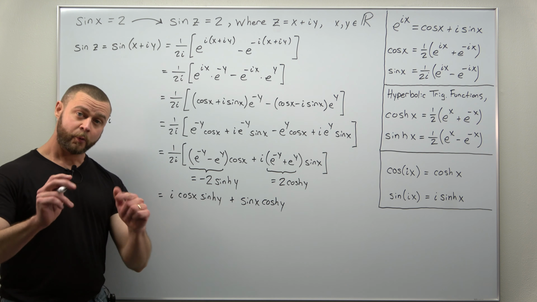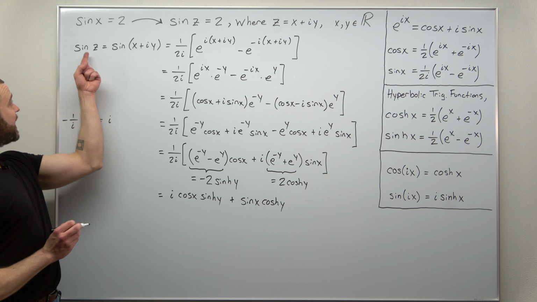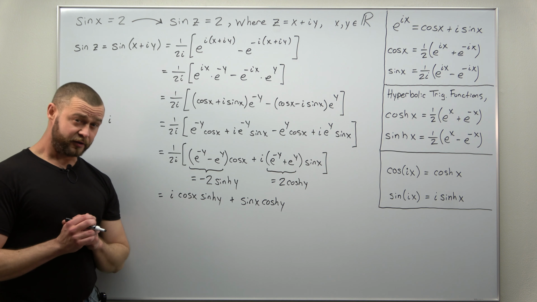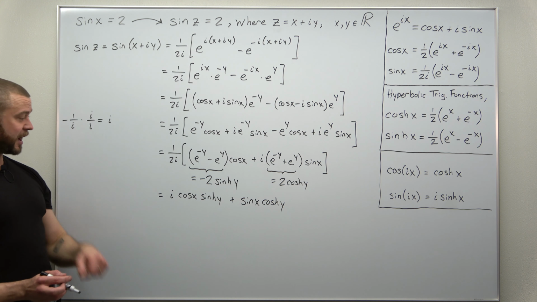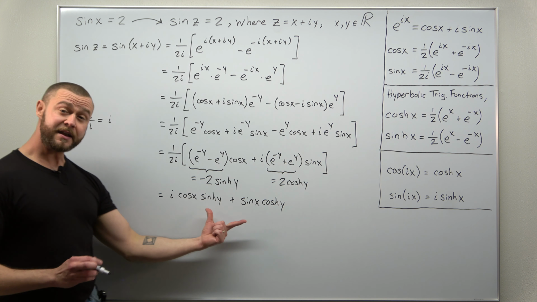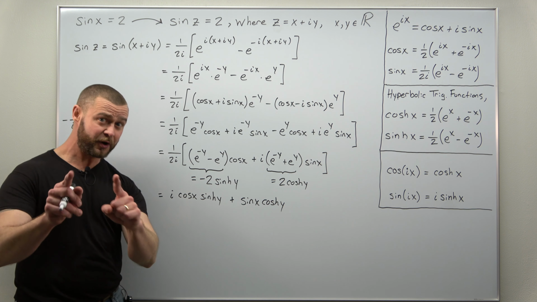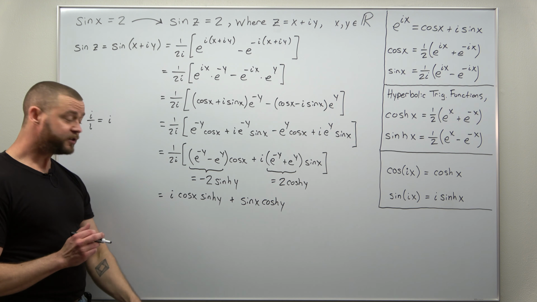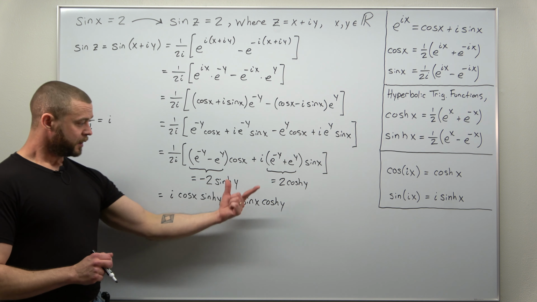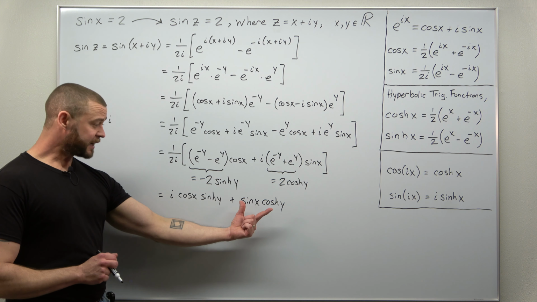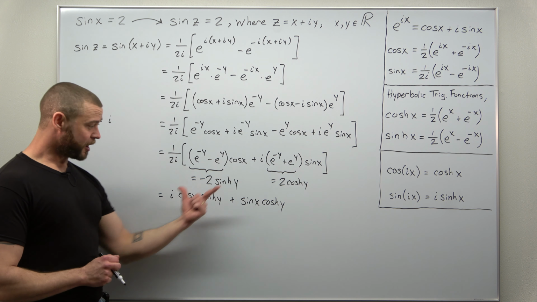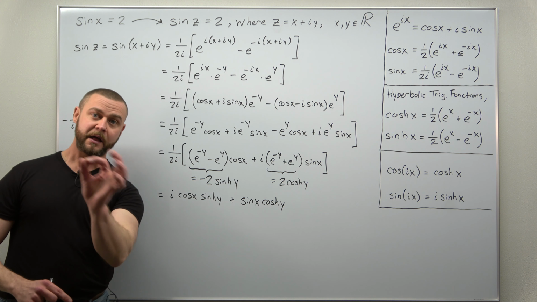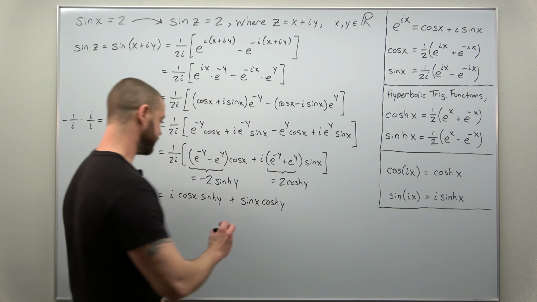And that's it. We now have a way to understand sine for complex input values of the form x plus iy, and we can understand that now in terms of a combination of trig functions and hyperbolic trig functions. Now, the only change I'll make to this: we usually write a complex number with the real part first and the imaginary part second. So let's just switch the order, and we get our identity that we're after